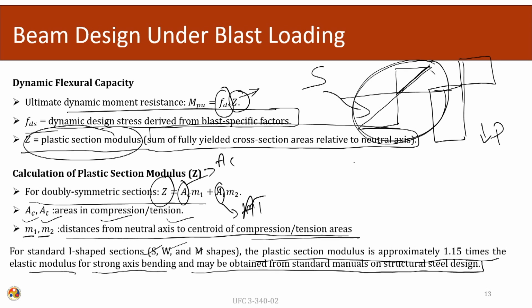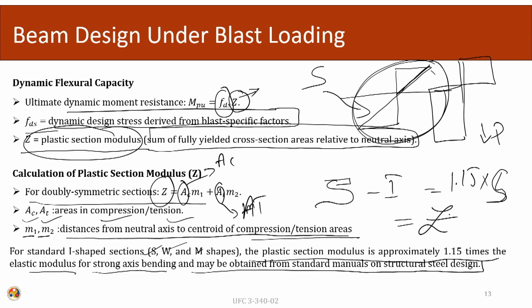In the steel tables, normally the elastic section modulus and plastic section modulus both are given. If only the elastic section modulus is given, then for the standard I type of sections, we can multiply the elastic modulus by 1.15 in order to obtain my plastic section modulus. This is a conservative way to obtain the design properties. In this way, one by one, we can look into the properties and design my sections.